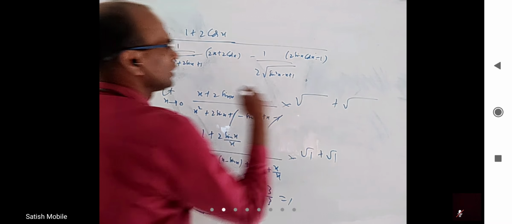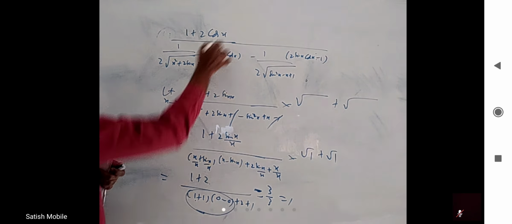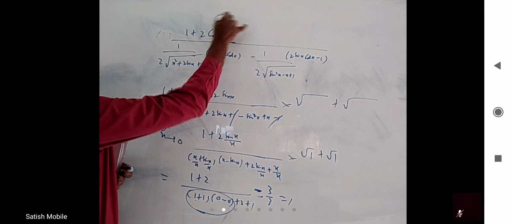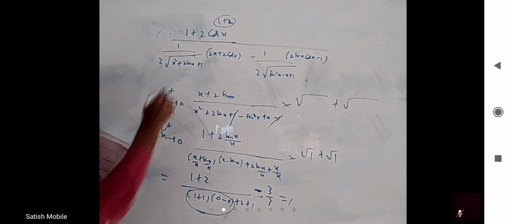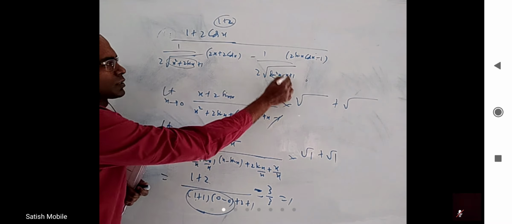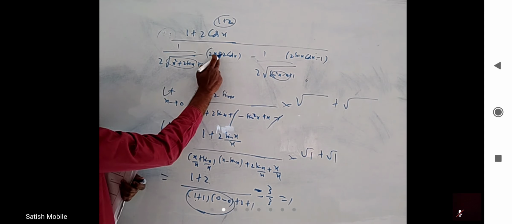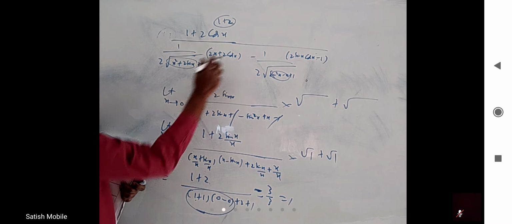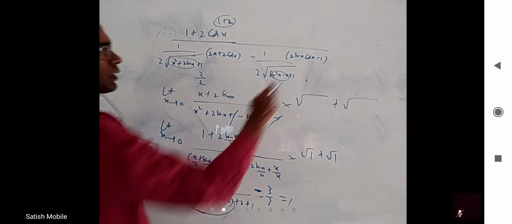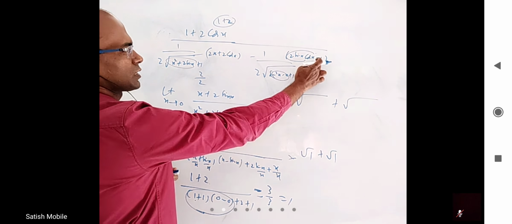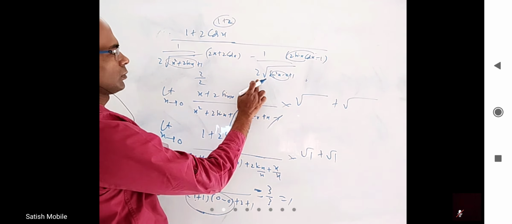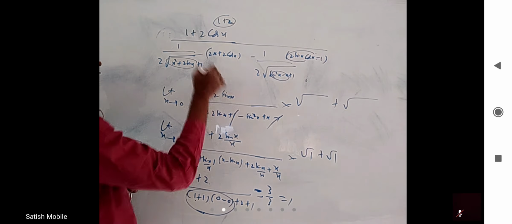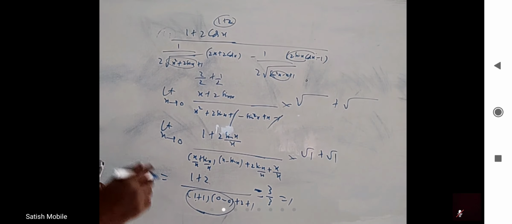Directly put x equal to 0 now. Cos 0 is 1. It will become 1 plus 2, 3. What about denominator? This is 0, gone. This is 0, gone. This is 0, gone. This is 2 and this is also 2. 2 by 2. Coming to this, this is 0, gone. This is minus 1 by 2, so plus 1 by 2. 3 by 3 by 2. Is it 3 by 2 or something wrong? Wait.